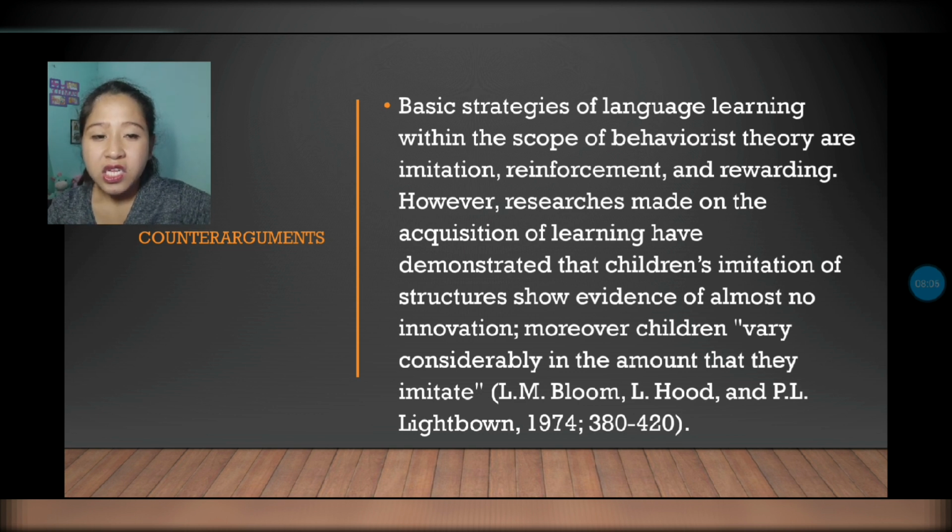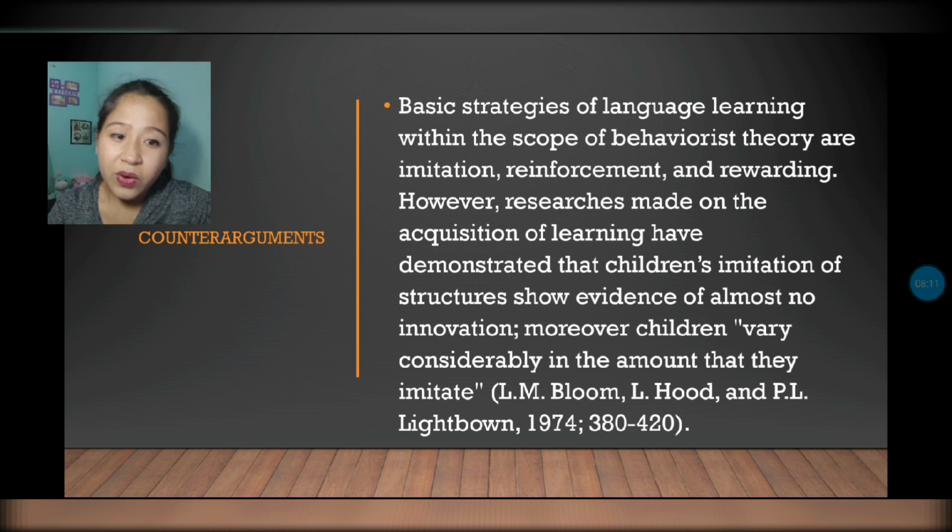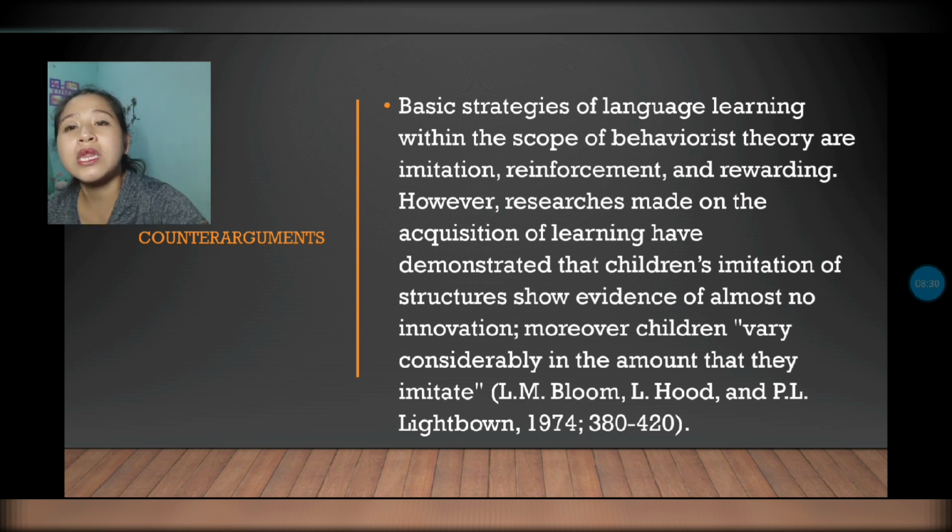Children do not really learn at the same pace, because they have this inherent capability. The acquisition of vocabulary items will differ from one child to another, because some kids will tend to forget, some will not. So it really depends.